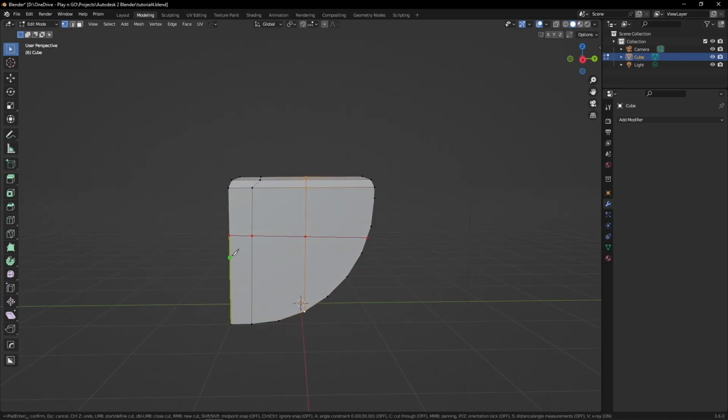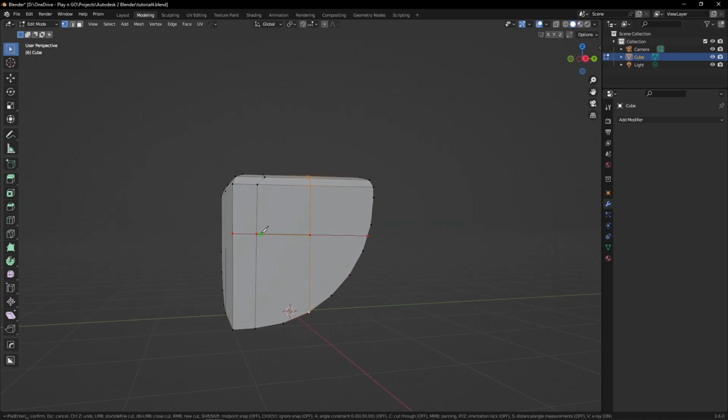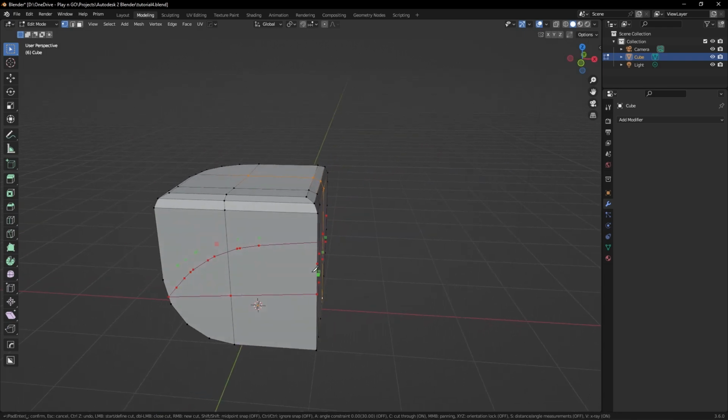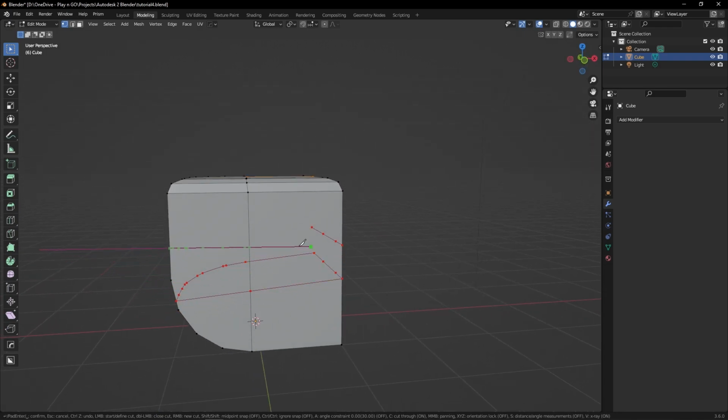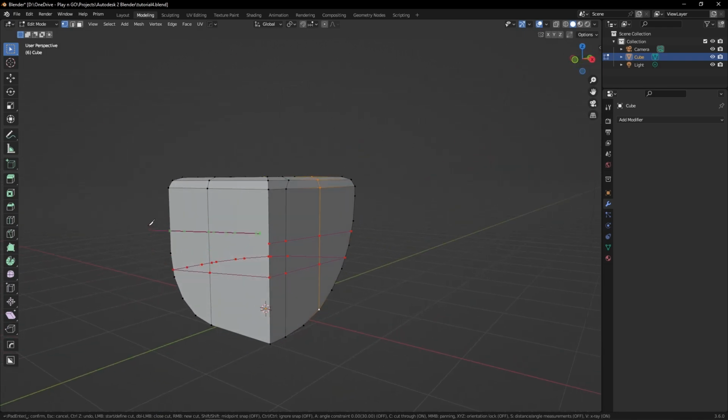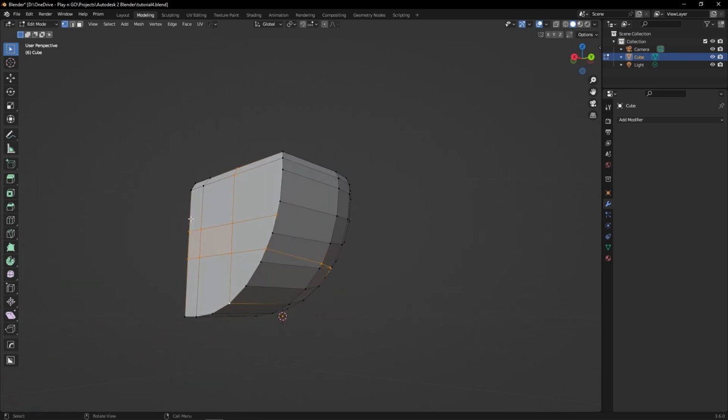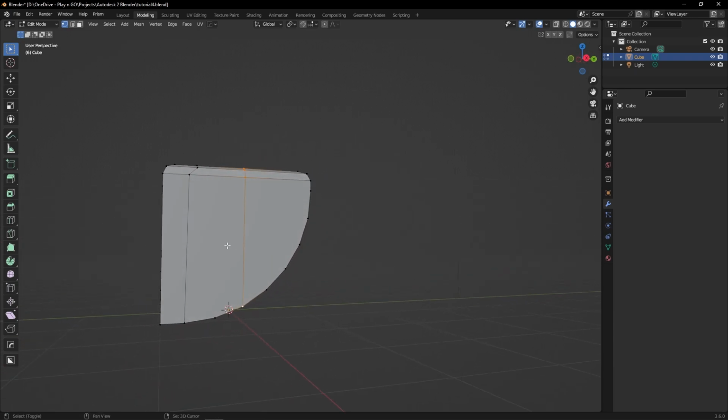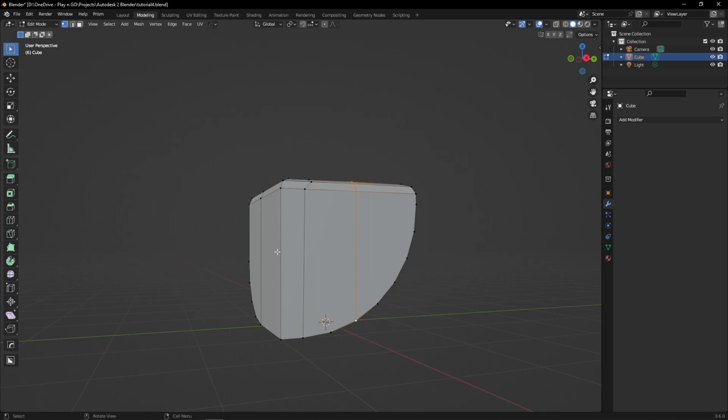To slice through an object while in the knife tool, you press C as displayed here, cut off, cut through, and now I press C and turn it on. And if I do this and look around, I can see that I cut through the entire object. Just press enter to confirm. This is very useful because I can use my orthographic cues